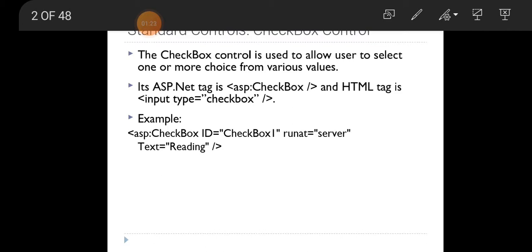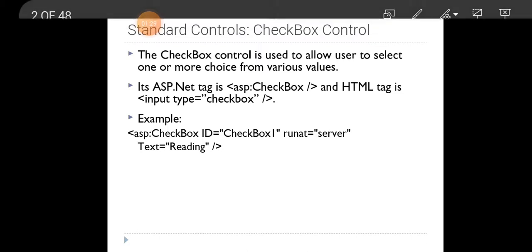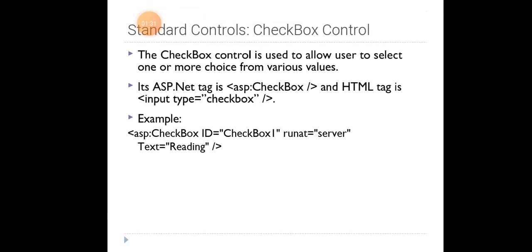Its ASP.NET tag is asp:CheckBox and the HTML tag is input type equal to checkbox. While adding the checkbox in the page, the source page will automatically generate the code asp:CheckBox ID equal to CheckBox1, runat equal to server, Text equal to Reading.